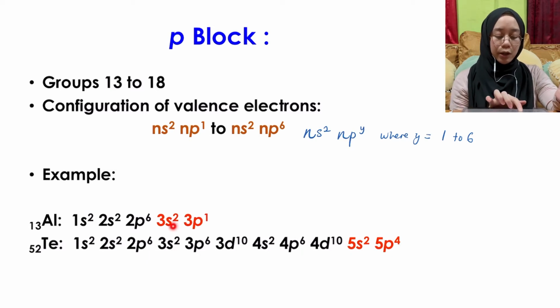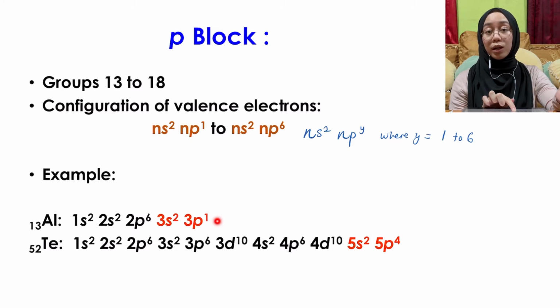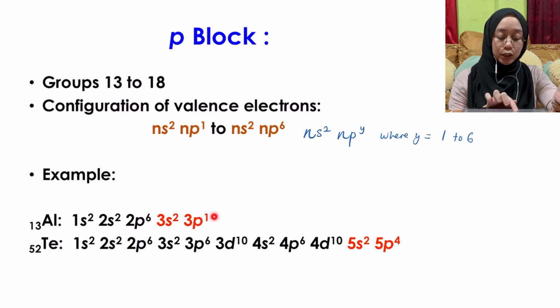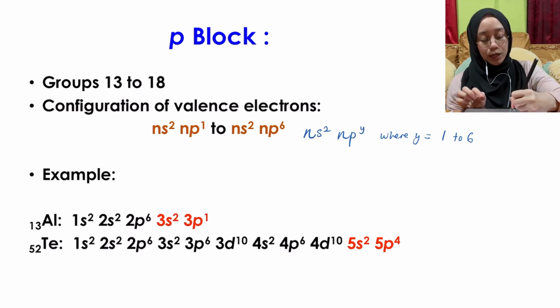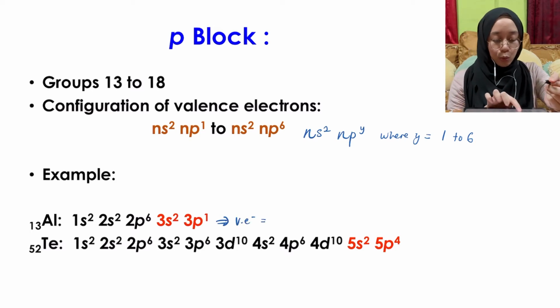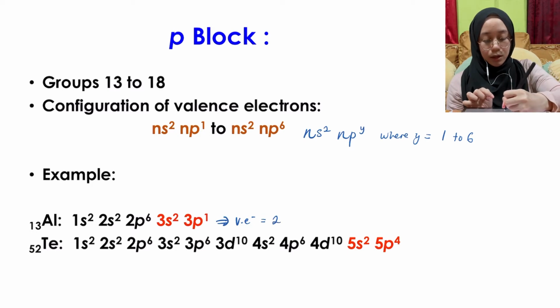Okay, so keep in your mind, untuk P-block, this whole thing including 3s2, okay, adalah dia punya valence electronic configuration. Bermaksud, in order for you to know the number of valence electron, okay, so kamu kena tambah value elektron yang ada ni. So untuk kita punya aluminium ni, bermaksud valence electron yang ada adalah 2, sebab dalam 3s ada 2 elektron. And then